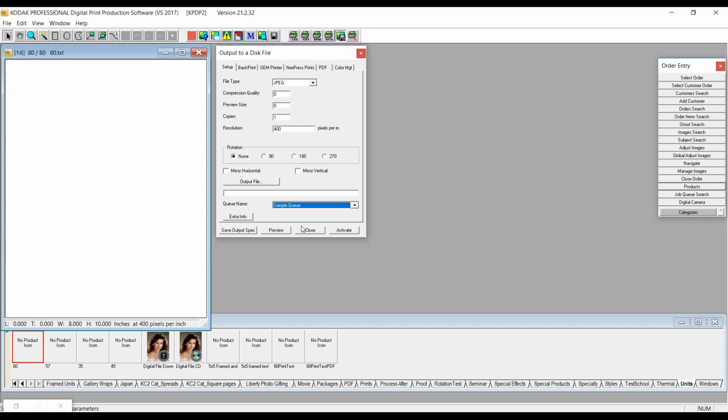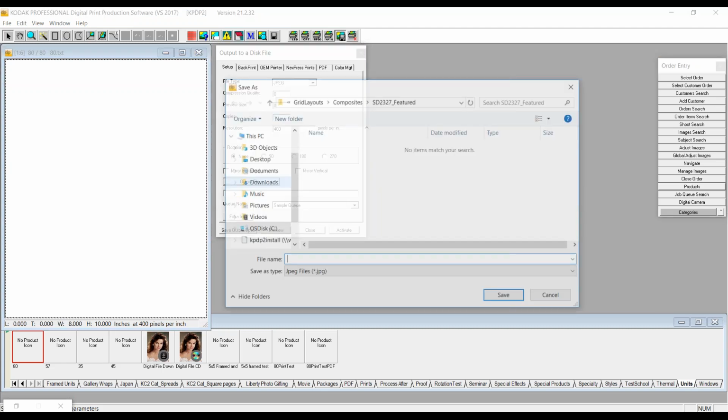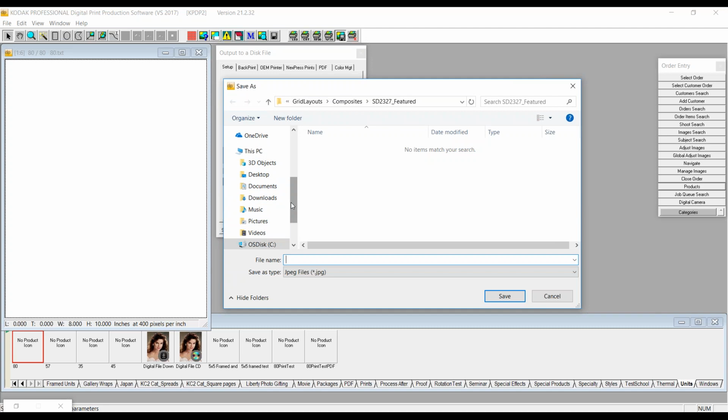That depending again on how I have the rest of my workflow and what kind of automation I'm using, I may want that in there or I might not. I can also specify an output file. So if I were, I'm in composites, I must have done something else today. So if I were,